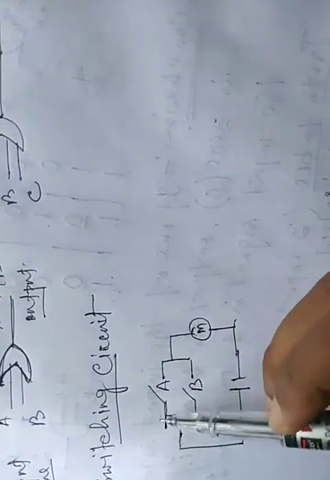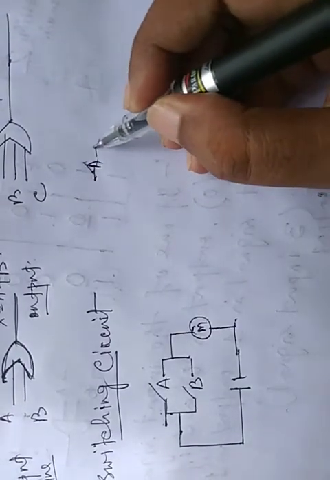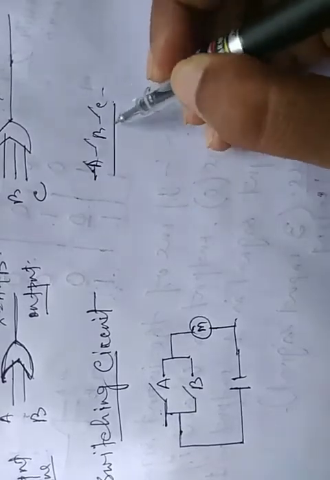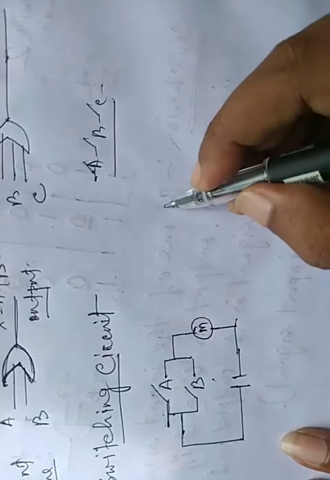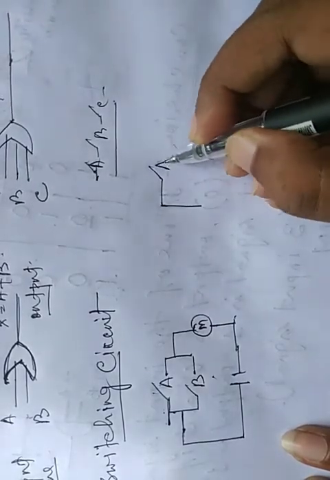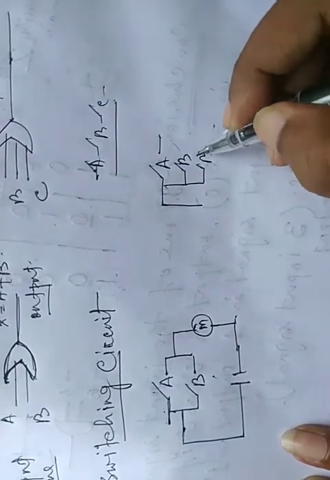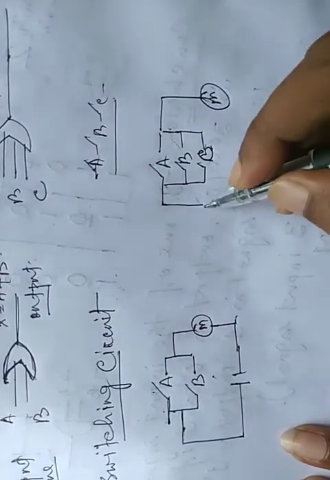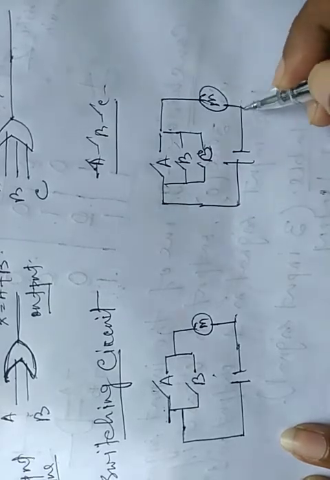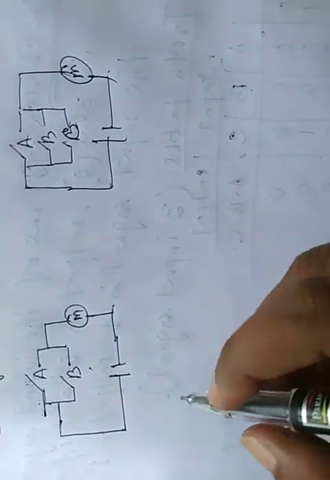Mind it, in AND operation, all the switches were connected in series, that is one after another like this way. I think all of you remember. But in OR operation, it is connected in parallel way. And if there are three variables, then we must add B, C. All the switches, however many there are, are connected in parallel way. Okay. Now, using this switching circuit, we will get the truth table.